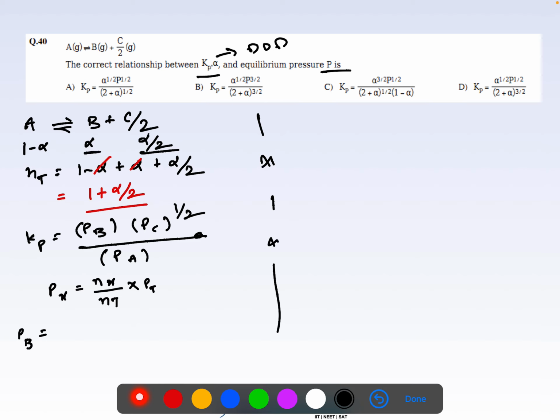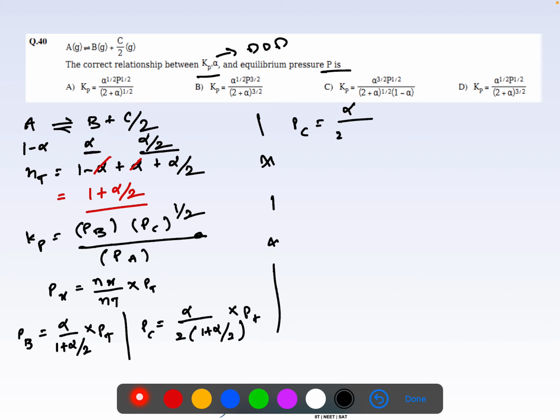This is alpha. So this is alpha by, and the total moles will be 1 plus alpha by 2, into P total. Similarly, the partial pressure of C can be obtained as the number of moles of C is alpha by 2 and the total moles is 1 plus alpha by 2, into P total. This can also be written as Pc is equal to alpha by 2